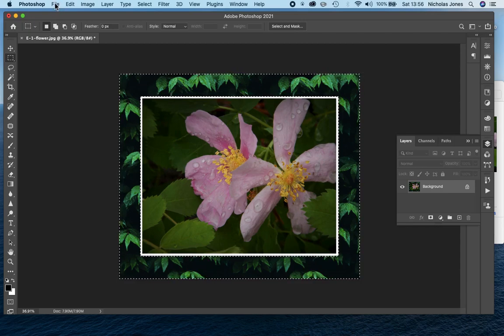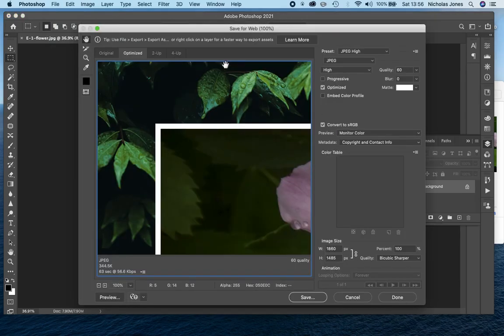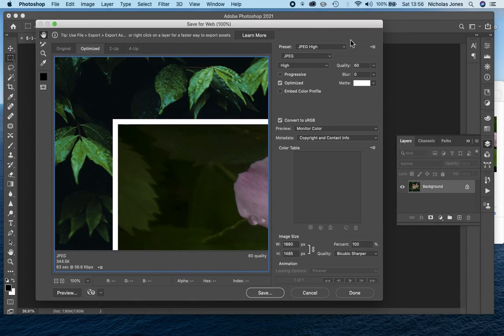Now, this is really big, but I'm going to show you a little trick here. I'm going to go to the File menu, Export, Save for Web. And I will get something that looks like this. And I want a decent quality JPEG, and so select a decent quality JPEG. Just because I like really good pictures, we'll go with maximum. And down here it tells me how big this thing is going to be. So it's going to be 1.52 megabytes if I select OK, but I want to make it smaller. So let's make this one 700 pixels